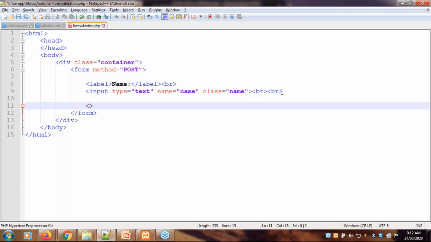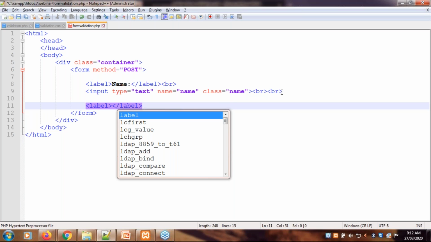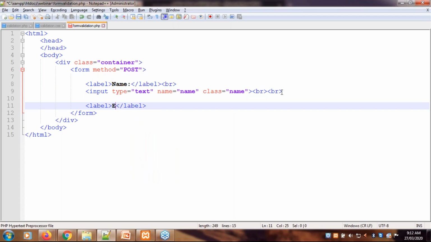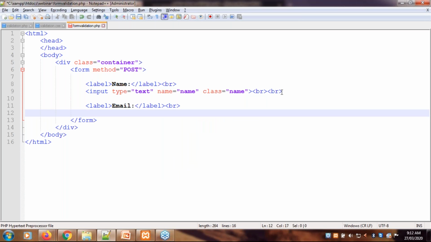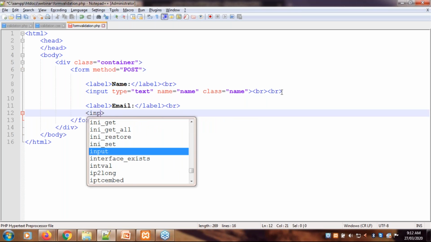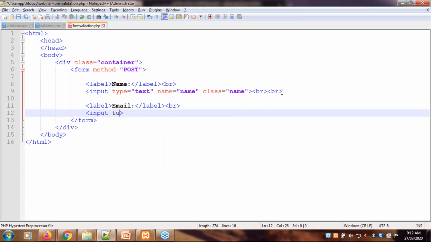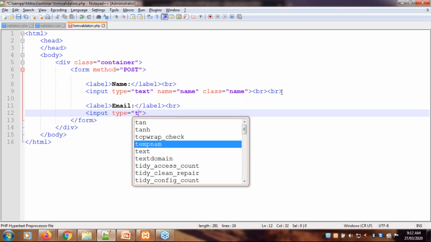Same way, second label is email, we want the user to enter an email. For that, input type equals to text.